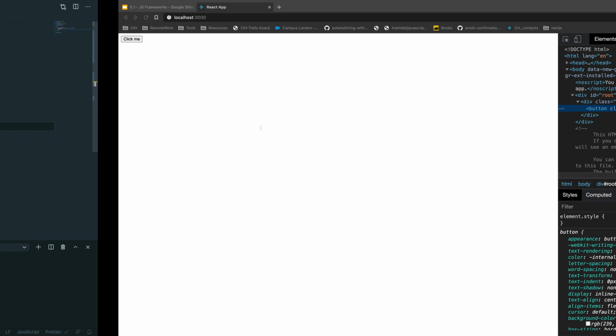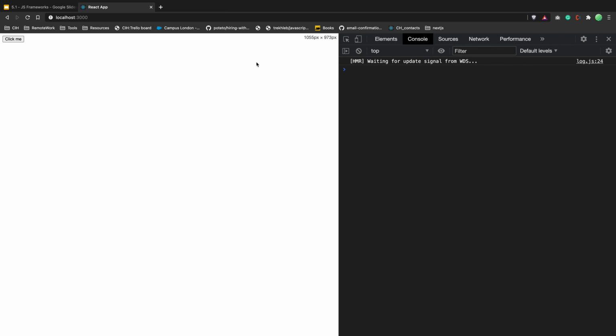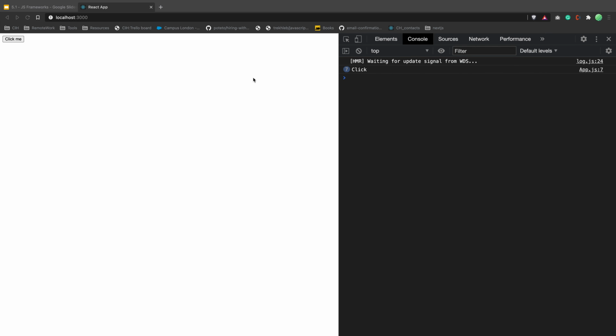Yeah. So if I go back and go to my console, now if I click on the button, you can see that it's registering clicks, right? So again, this is how you have event listeners. You don't write addEventListener, you're not finding elements, you're just mixing and working with your elements directly. So this is how you actually interact with elements in React.